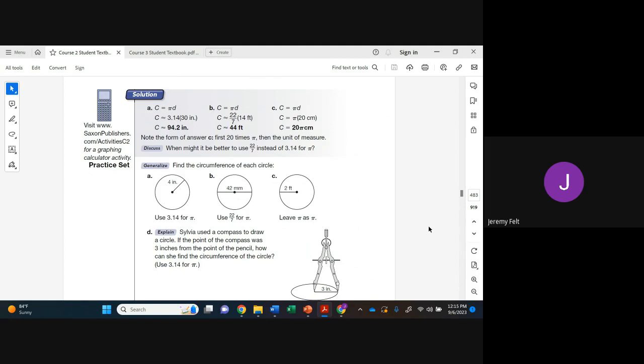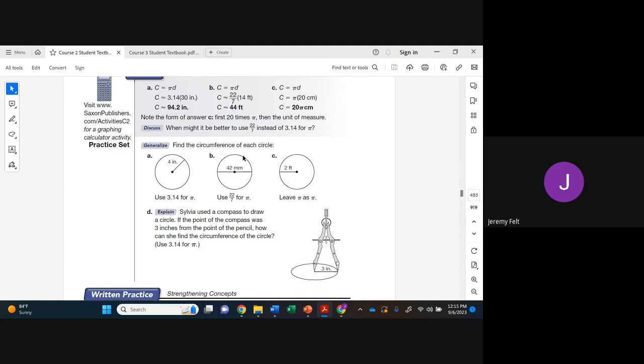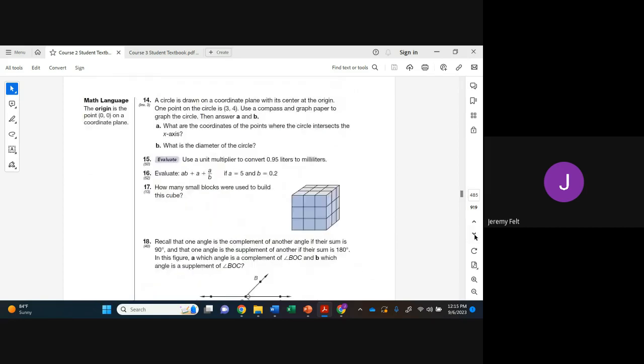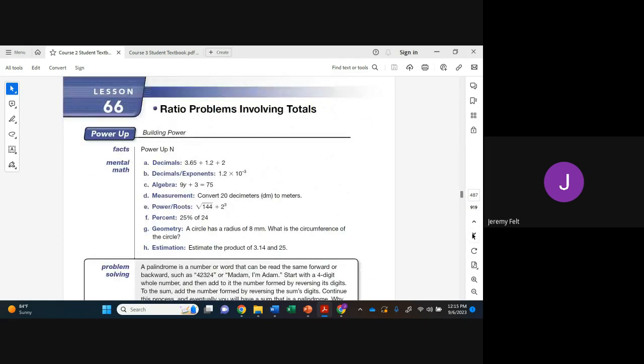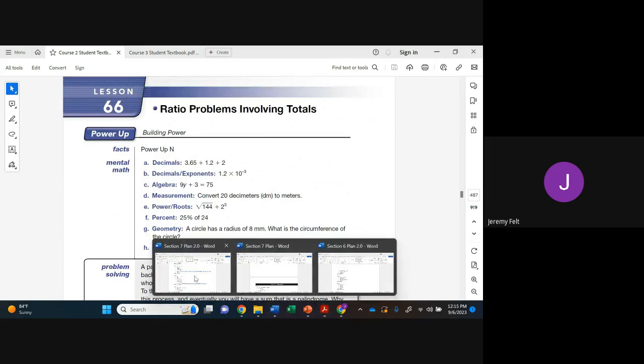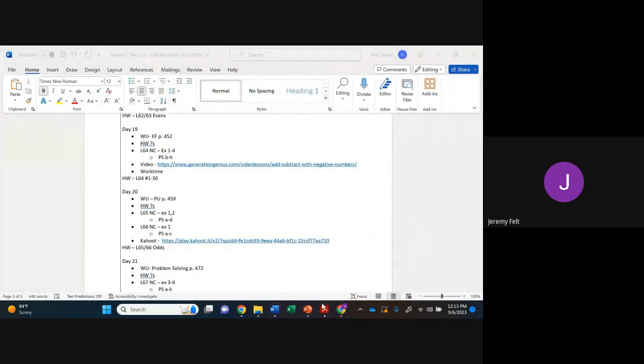Okay. Let's practice that. We'll go over it together. We'll probably do A, B, and C in class. Again, the circumference is pi times the diameter. Pretty simple formula to remember, but even if we don't, it's on our reference sheet. I know we've worked with circles plenty in the past, so hopefully that's mostly review. Okay, and then